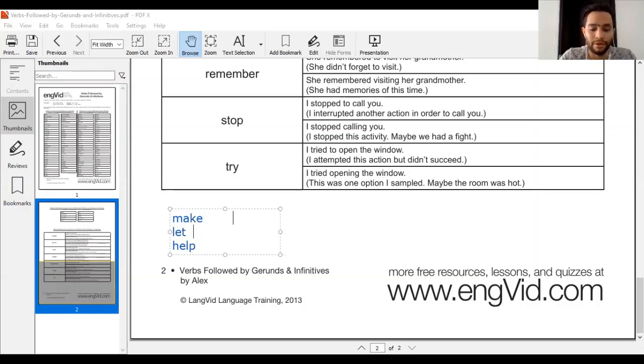Let's write here: plus object plus verb infinitive. This is one group, and the other group: